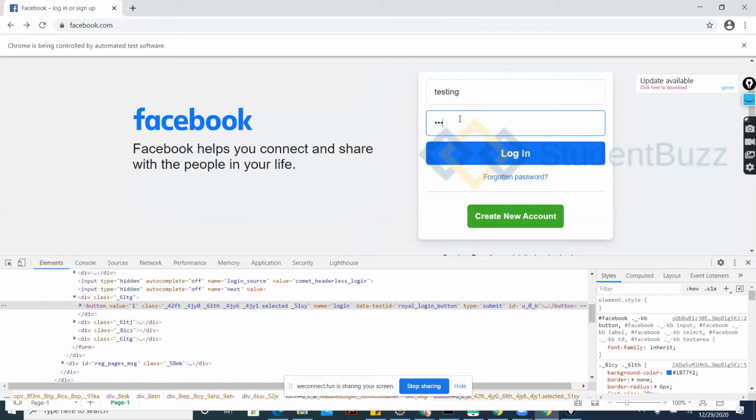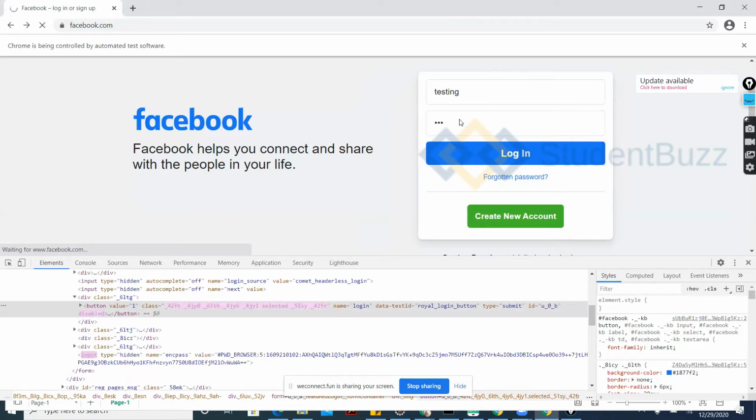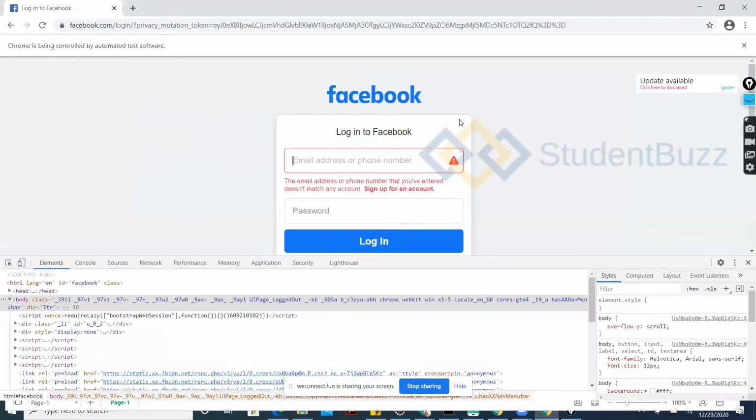Sometimes, after entering the username and password, we do the enter operation as well. After giving enter, it tries to log in because it's a form, and after filling all the details, if you give enter, it's going to submit your form.